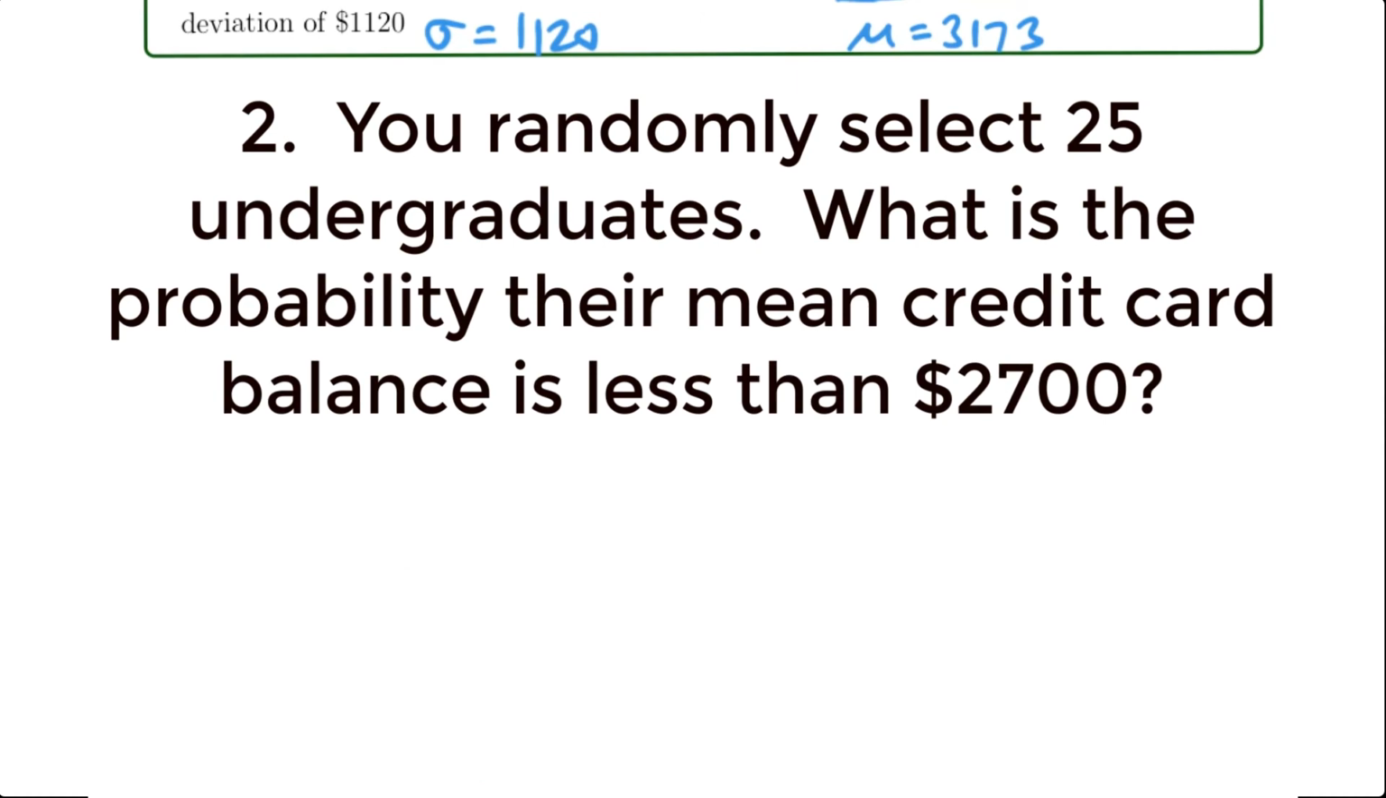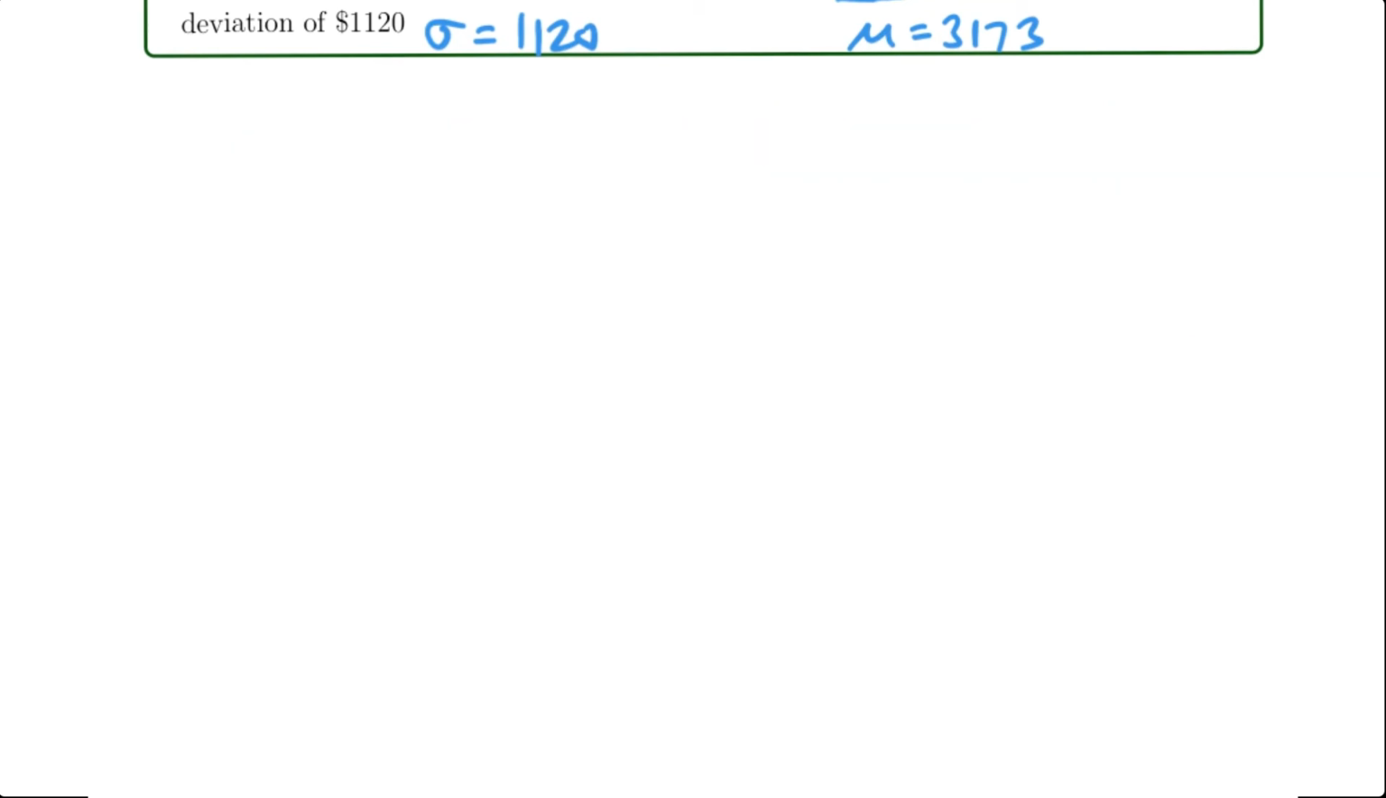All right, so question 2. You randomly select 25 undergraduates. What is the probability their mean credit card balance is less than $2,700? So here you are actually taking a sample of more than one person, and so now we're going to use the standard error, not the standard deviation that's given in the problem. So let's write out what we have, or what we're being asked. Again,